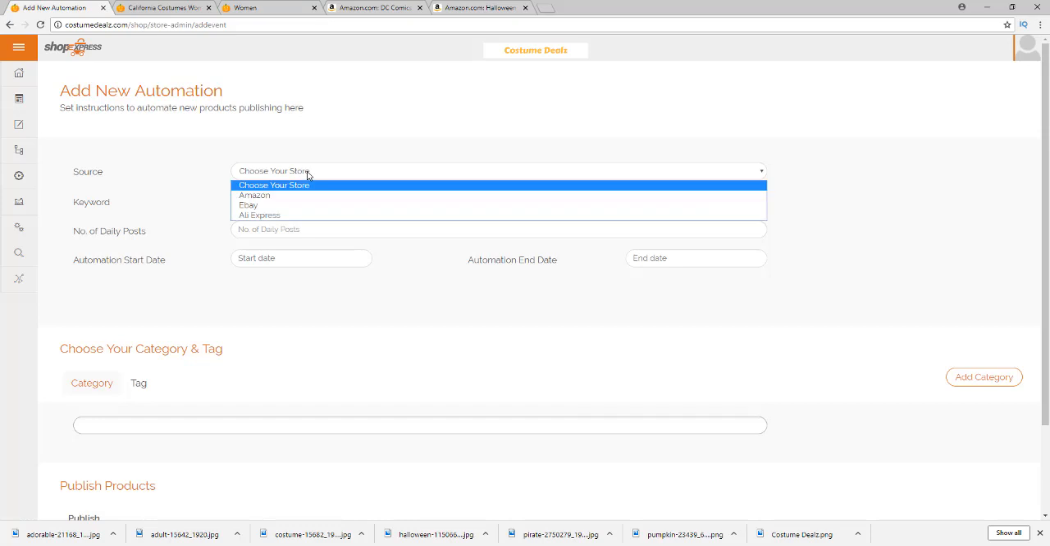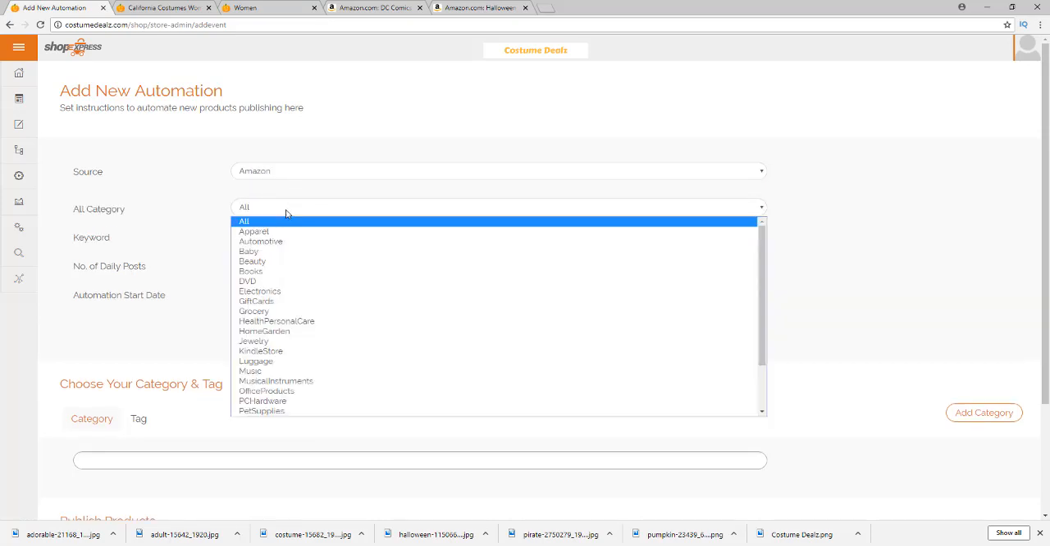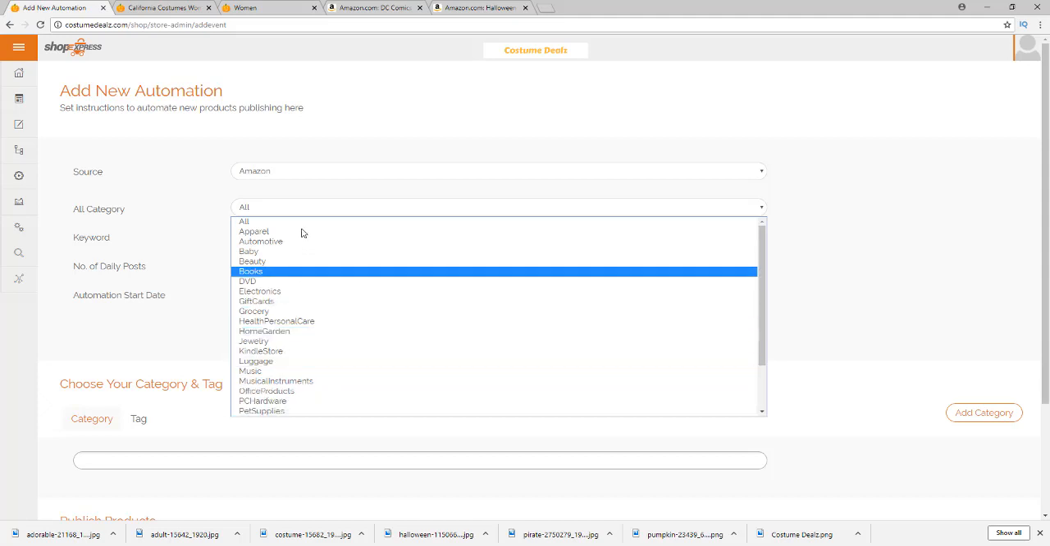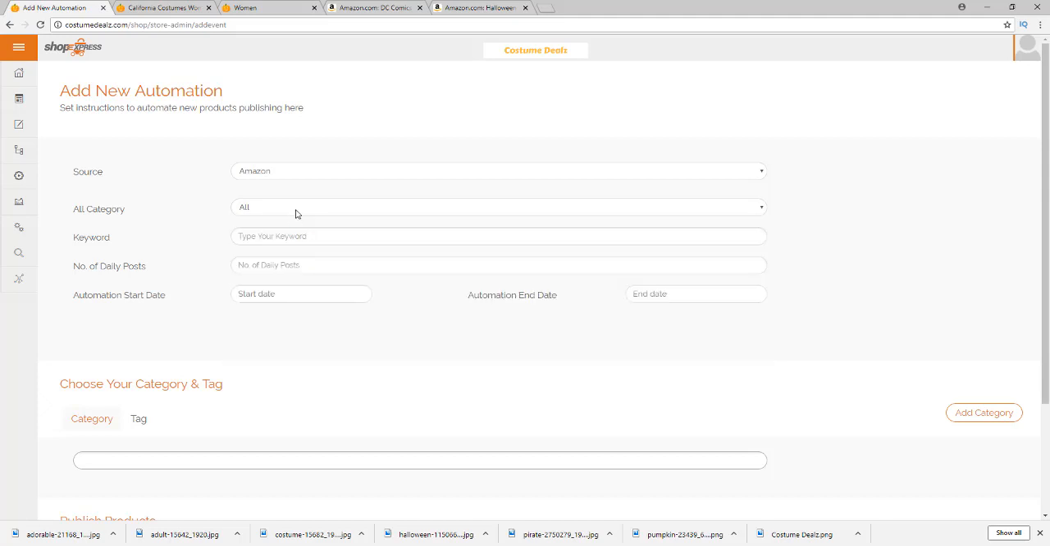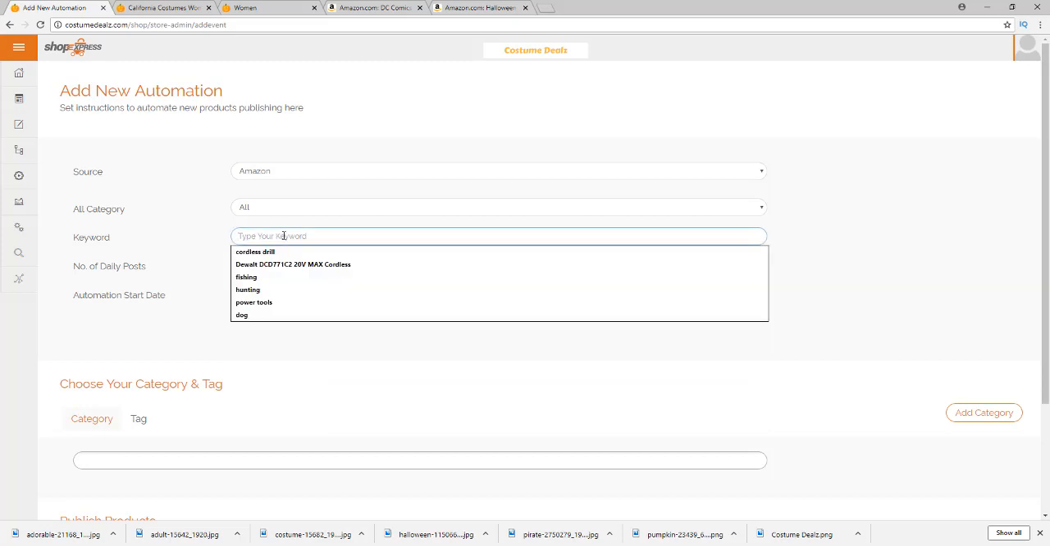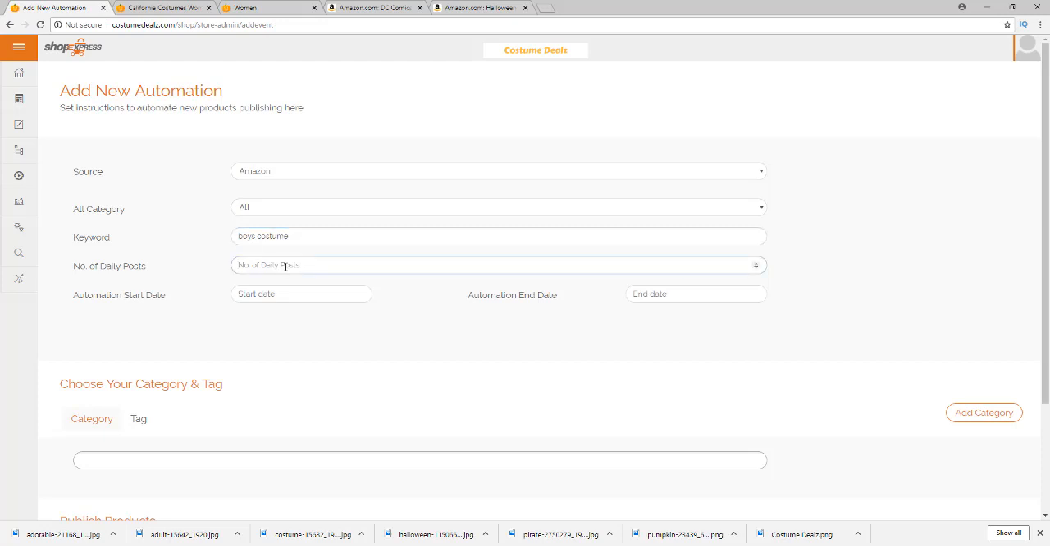And then what you'll do is you'll choose Amazon up here at the top from the drop down. You can leave the category at all, or you can select the category that you want to shop in. So I'm just going to leave it selected at all. I'm going to go to boys costume, and I can tell it how many posts I want it to post per day. So if I want it to be 2 posts, I just put in 2, and then I can tell it I want it to start today, and I want it to end